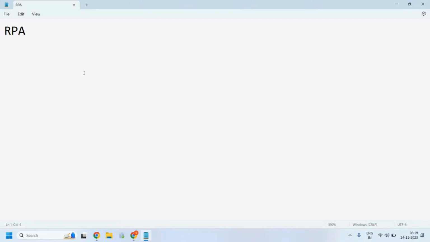So this is the high level about RPA, and now the software: how can we get this environment? I'll tell you, there are a couple of ways to get the development environment. One is if you already have Visual Studio installed. The supported versions are 2015 or 2019. Suppose we consider 2015, we need to have the Pega Robotics plugin. If we install it on top of it, we can get a similar kind of development environment, which is an IDE.